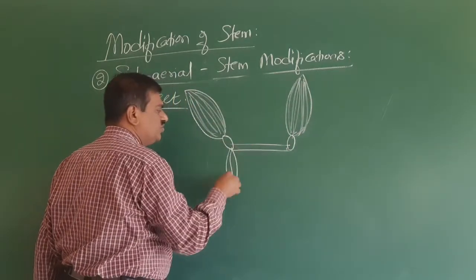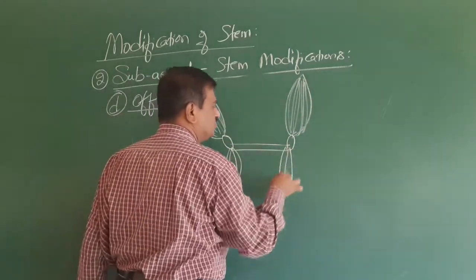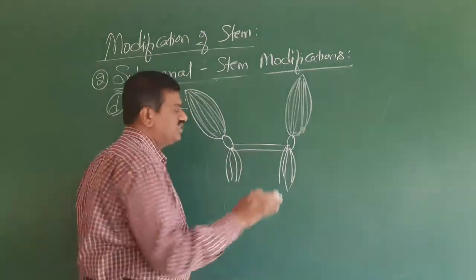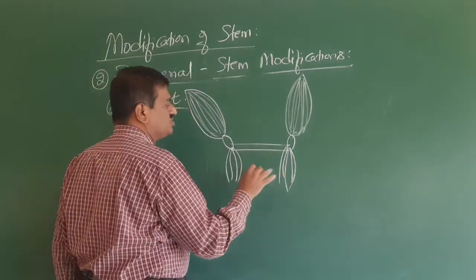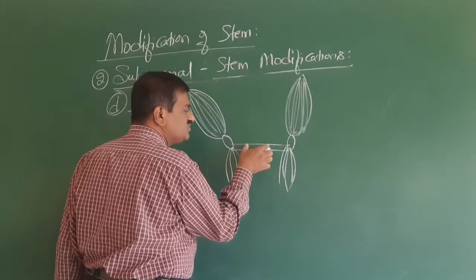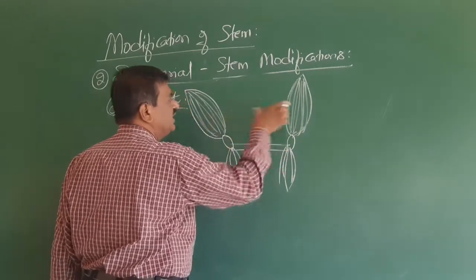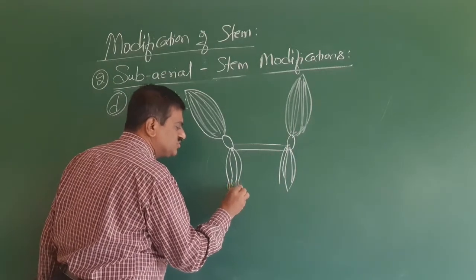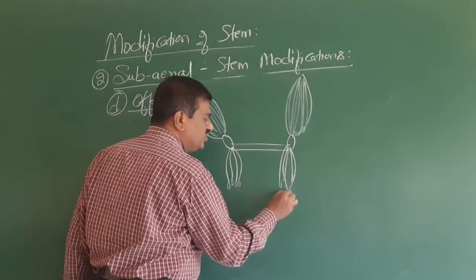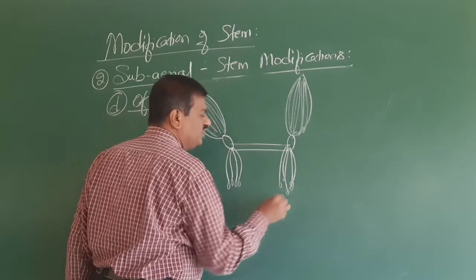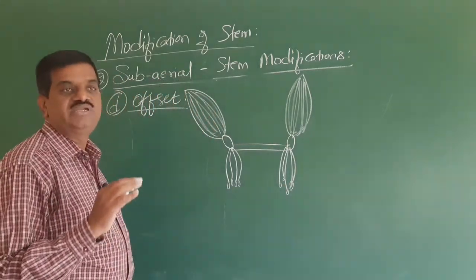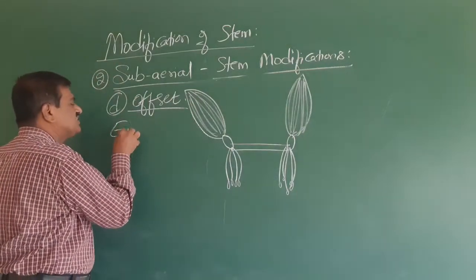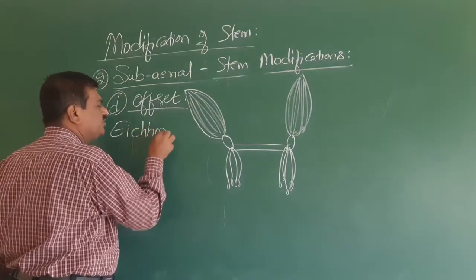Here towards the lower side, there is a presence of roots. The stem is horizontal to the water surface, and this has a small stem with a bulb and leaves, and here there is a presence of roots. The roots have root pockets. These root pockets are filled with air, helping in buoyancy and floating. So this is one example, Hycornia.